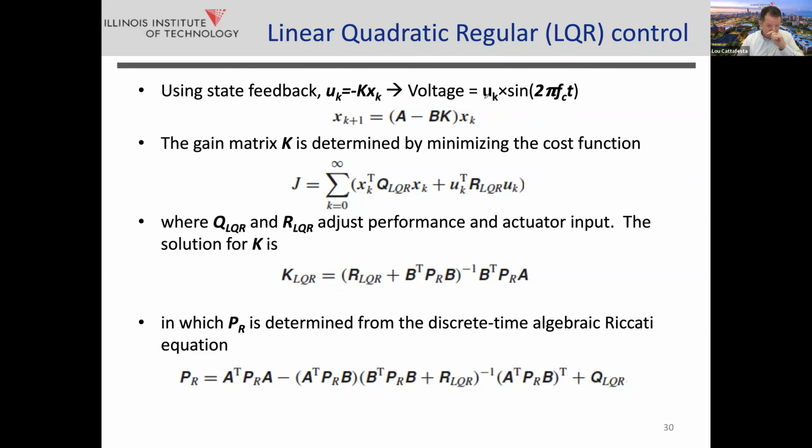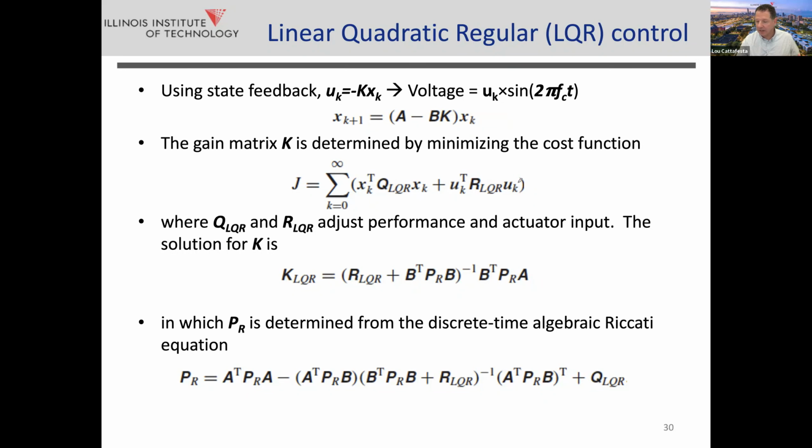So if we can compute this K matrix, we have our control. When you make the assumption that it's this negative feedback, it changes your state space model into A minus BK. So essentially you could think of this as moving around the poles of your system. How do you get this K matrix? Well, it comes from minimizing a cost function over all time. And the cost function has two terms. The first term is essentially X transpose X, that is the power of the measured states with a weighting matrix Q.